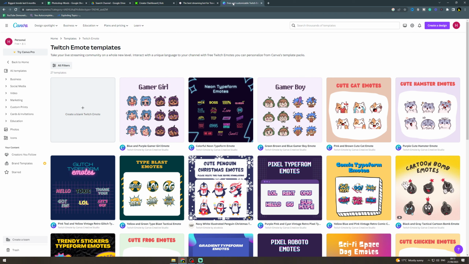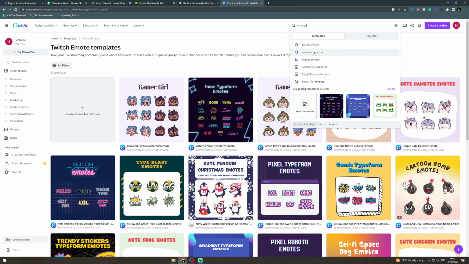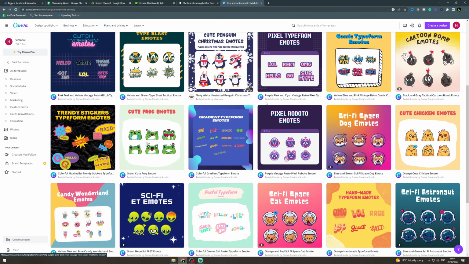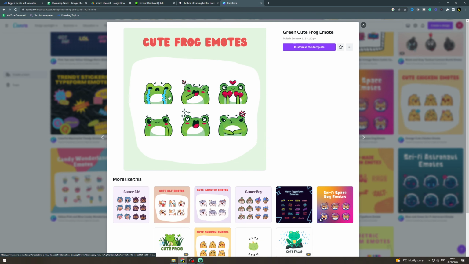So one easy free way to do it is to go onto Canva, and at the top you can type in emotes, and it's going to come up with Twitch emotes here. So you want to click on that one. Now what you can do is go down here, see the ones that you like. Let's say cute frog here. You can customize the template,